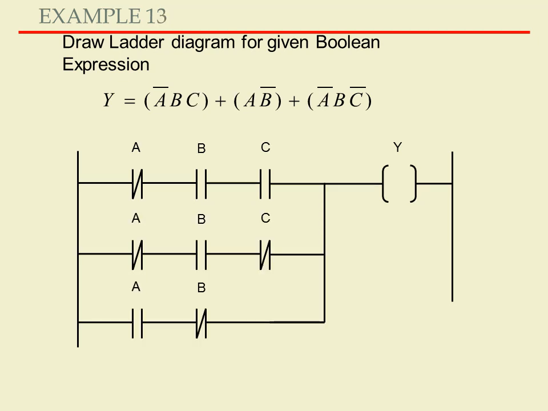Next example, the Boolean expression is given by A bar B C plus A B bar plus A bar B C bar. Even though the equation is lengthy, it is very simple. You have to represent each branch separately. Take the first term, that is A bar B C. A bar is represented by a closed switch, then B in series, then C in series, plus